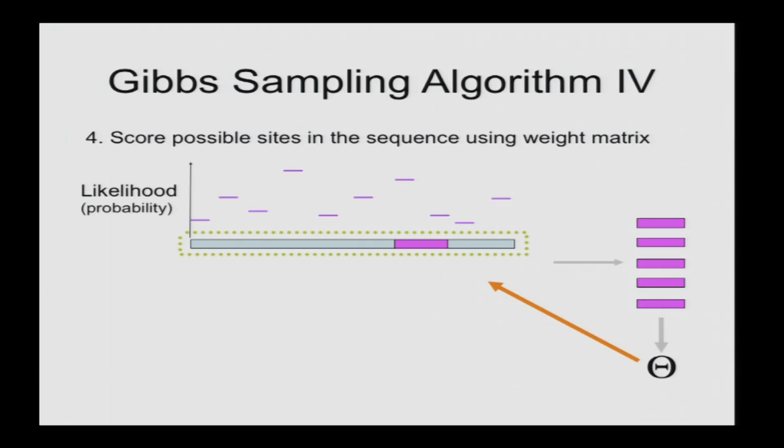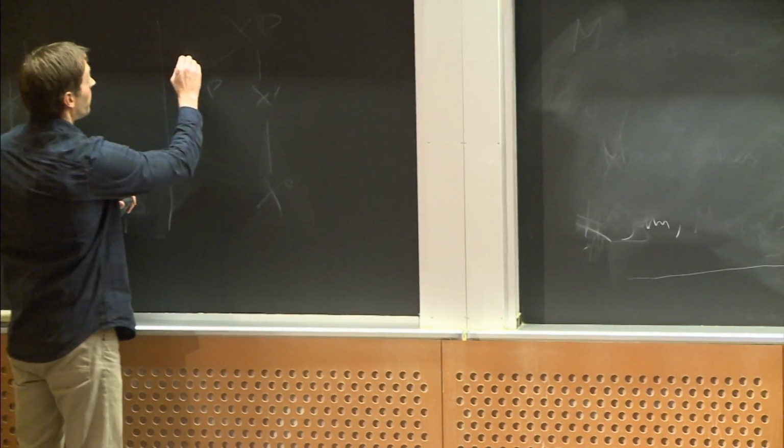So does that make sense? Okay, so if you happen to have a good looking occurrence of the motif at this position here in the sequence, then you would get a higher likelihood. Okay. So for example, if the motif was